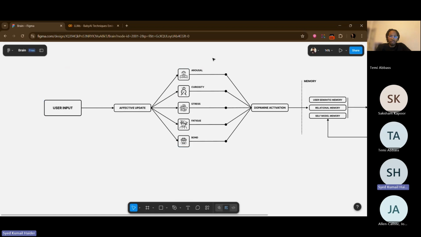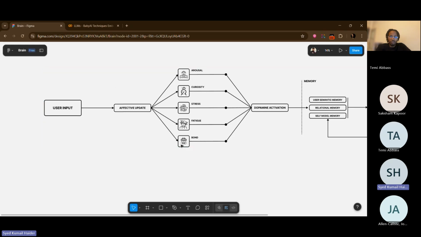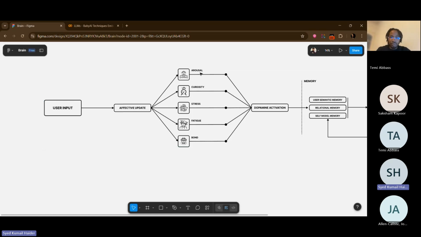And what is this? Basically, it is kind of the feelings I have merged. It's a set of parameters I have given to my baby AI, so that whenever some input comes, the affective update parameters are opened. I have given it arousal, curiosity, stress, fatigue, and the bonding with the user it is working with. Now I know some people will question whether this is just variables where we store some values, or something